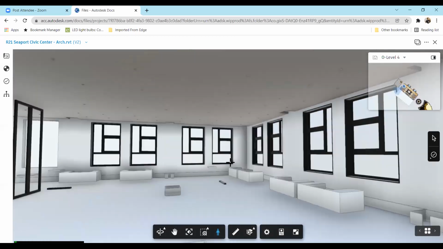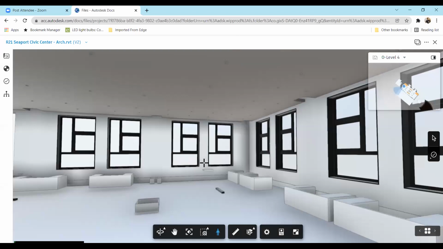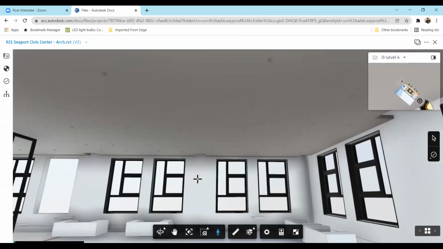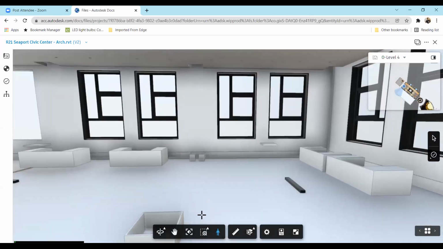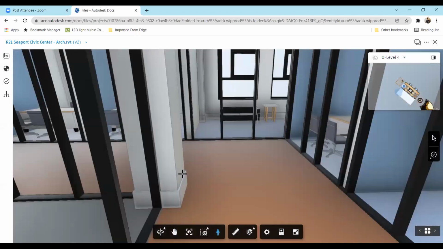I'm being able to see the corridor over here. And I'm being able to see the false ceiling of the lights associated with that. And then I'm also being able to see the column. At any point of time, I can measure any of these things. Of course, it does take some time to process based on my internet speed. It is either processing or not processing.